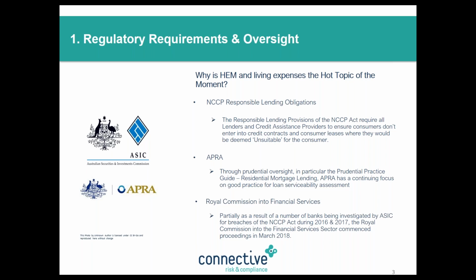APRA's regulation of the banks, and coming down to it, ASIC's of the non-bank credit providers, and brokers and aggregators all fall under that non-bank sector. They've been focusing on responsible lending for some time, and in my employment history, coming from other mortgage managers and the like, and dealing in responsible lending, I can tell you firsthand that